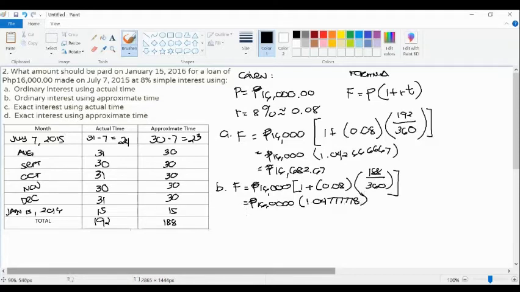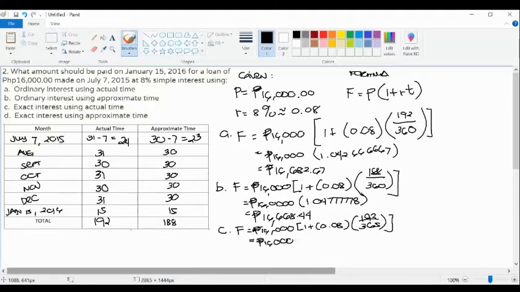This will give us an answer of 16,668 and 44 pesos. So next, exact interest using the actual time. Okay? So 16,000 plus 0.08. This time, we're going to use 365 days. So it will give us